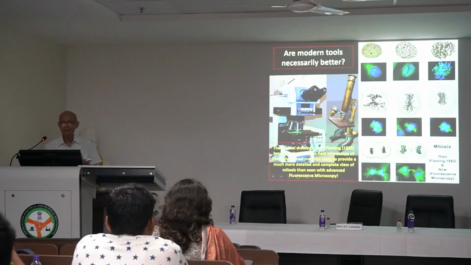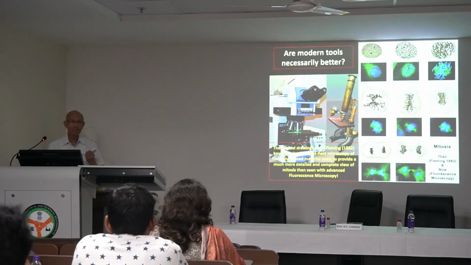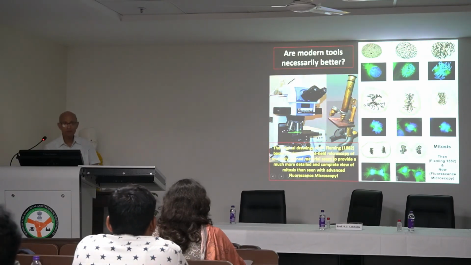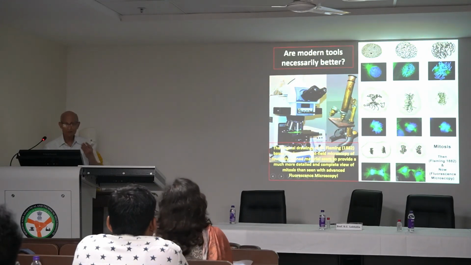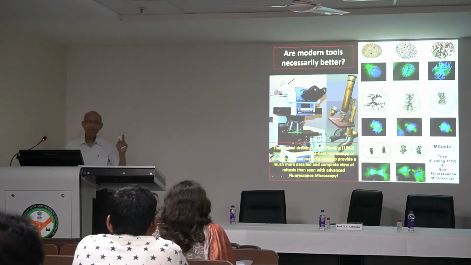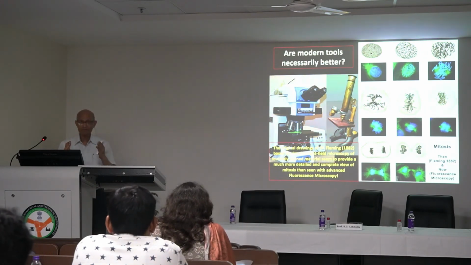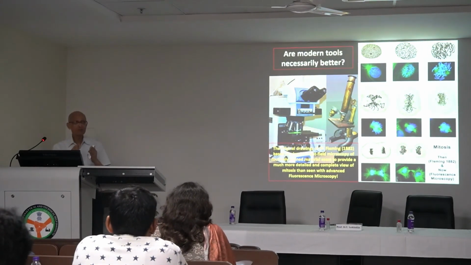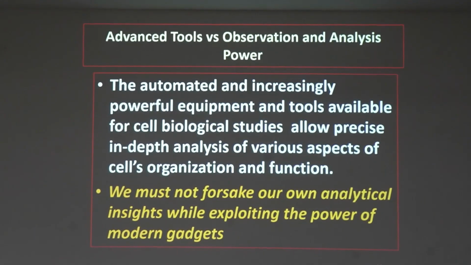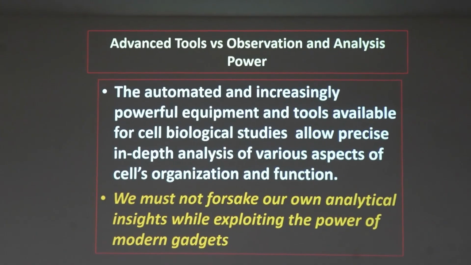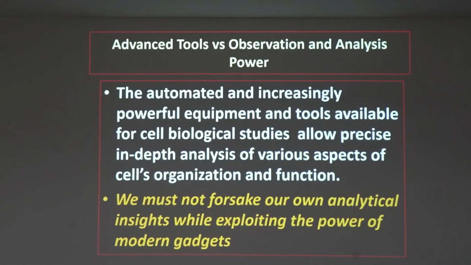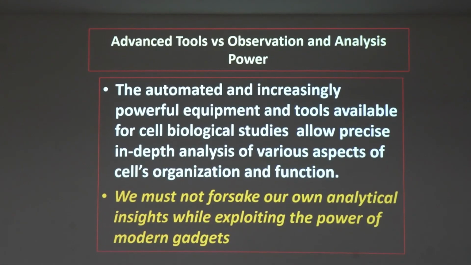That's it, nothing else. But looking through normal microscopes, with just conventional staining, hematoxylin staining that he used, he could see everything. He could see spindle, he could see spindle fibers. Remember, today we can imagine, he didn't know what these are. He only saw them. And this is what is important. And that's where comes the important point, that when we use these microscopes, when we use these automated systems, we must not